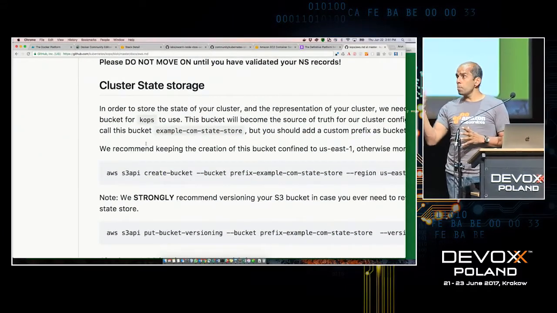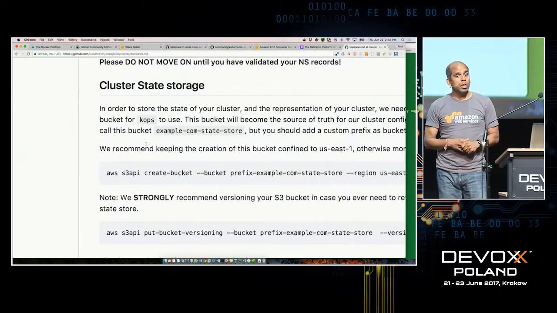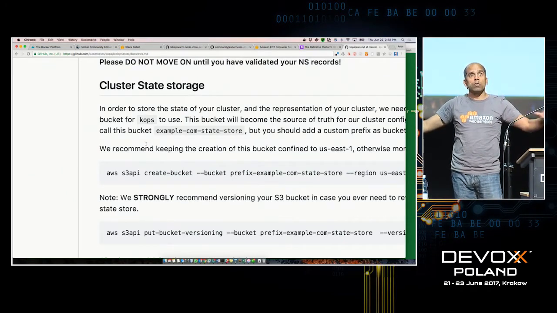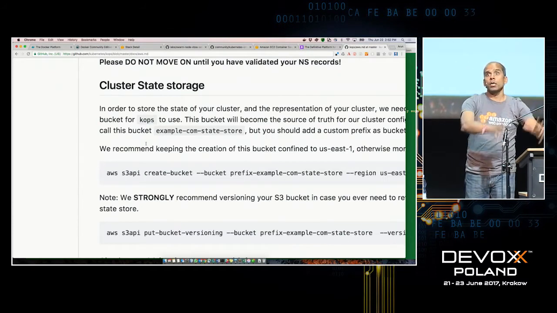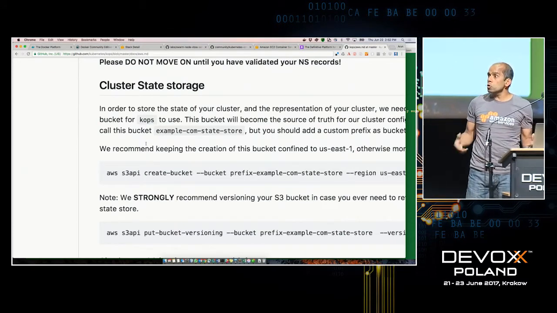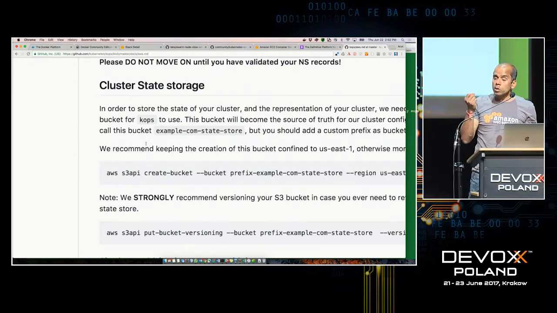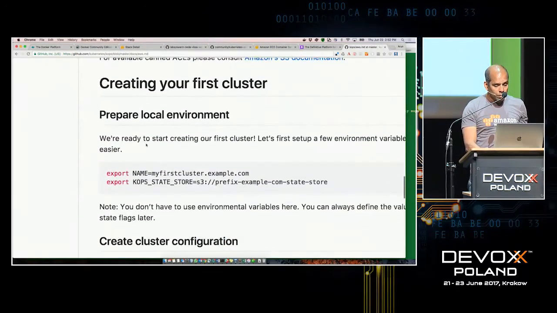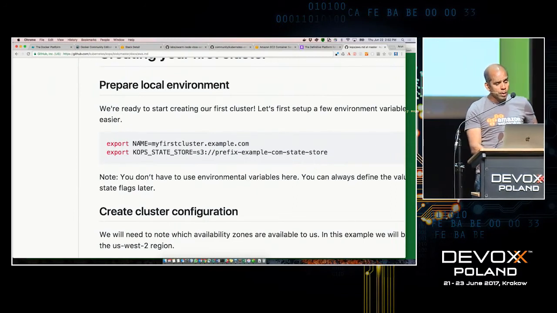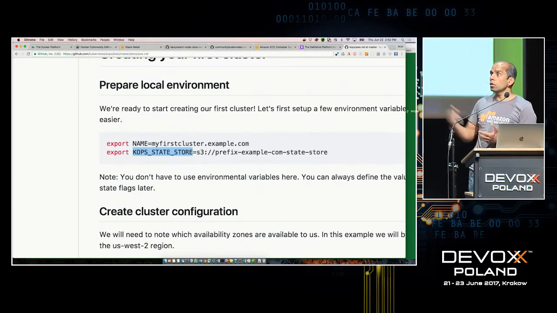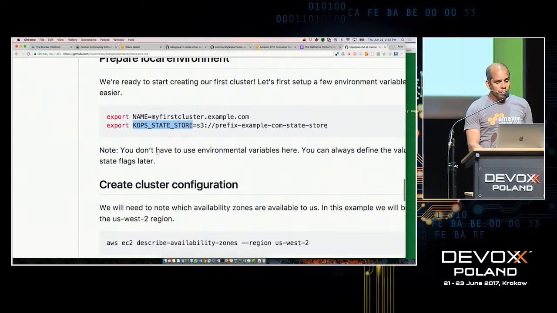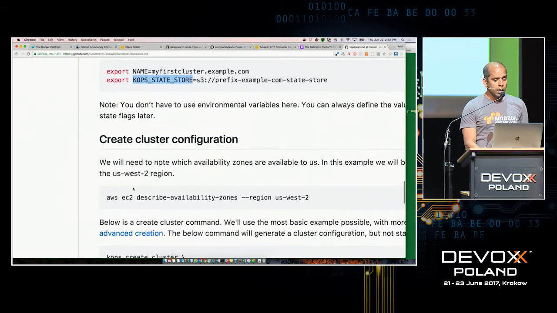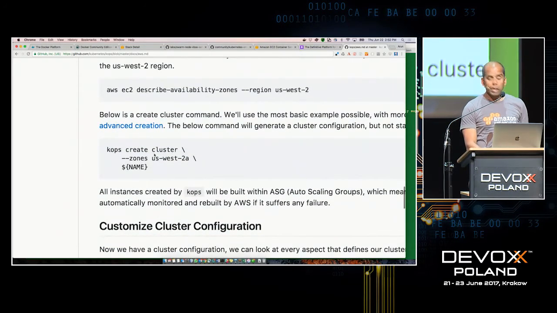You also need an S3 bucket where your cluster state is going to be stored. So let's say the whole cluster comes down, but your cluster state is stored in an S3 bucket. The whole thing can come back up again because of auto-scaling groups and things like that, along with what version of Kubernetes is being used, so this can automatically come back for you. So really, what you need to do is say, what is my cluster name? What is my kops state store? Right now, it's only possible to persist your state store in an S3 bucket, but there are other persistence mechanisms that are already being discussed. But you just export these two variables, and then you can say kops create cluster, and